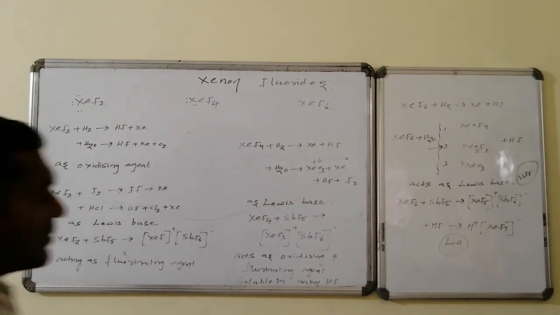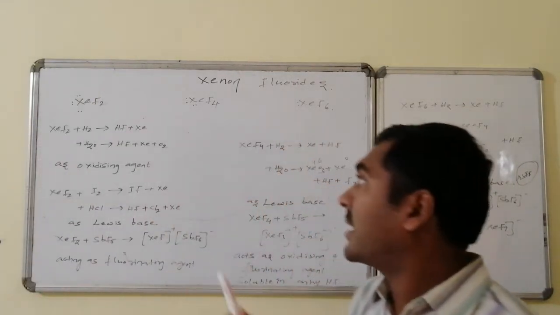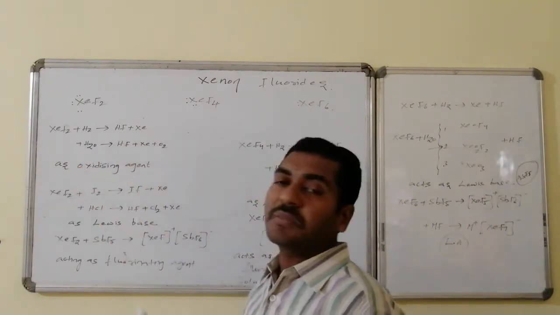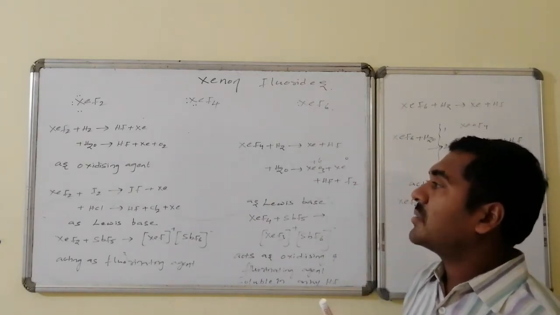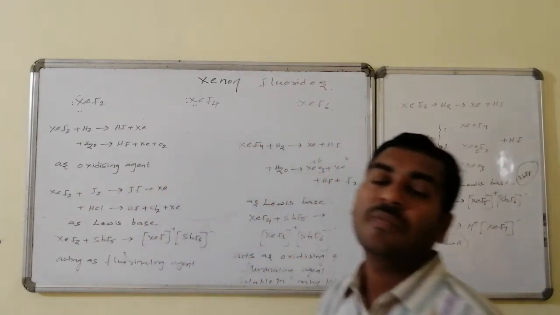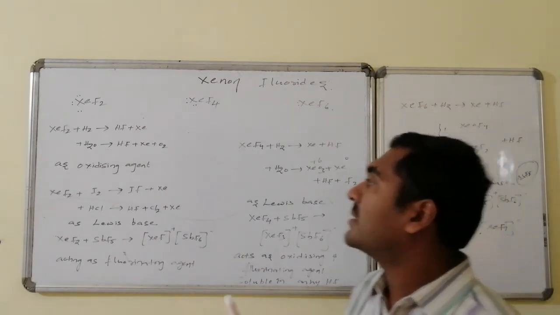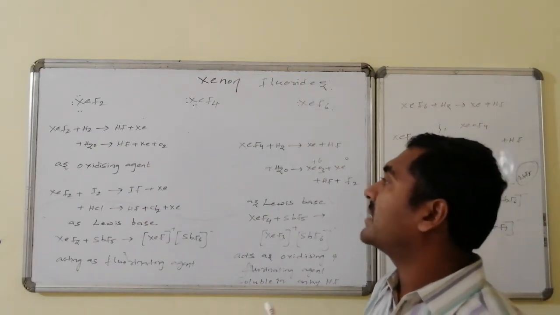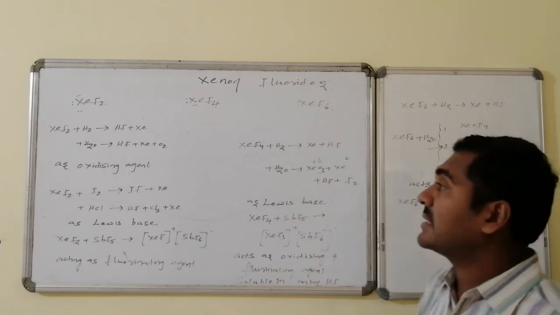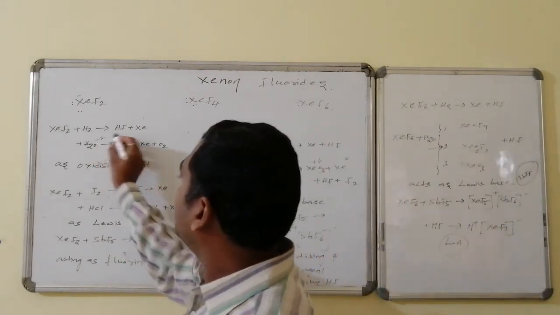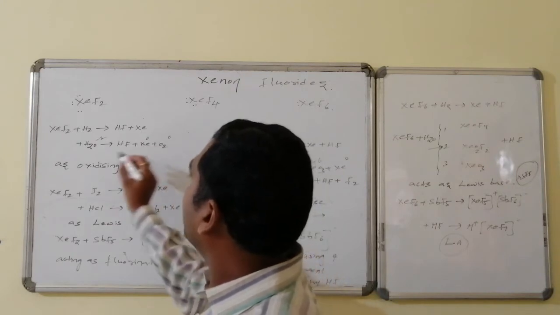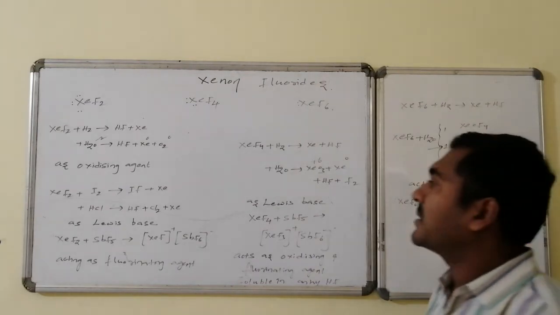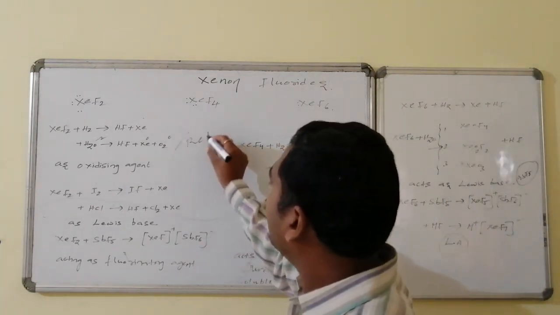Yes, chemical properties of xenon fluorides. Xenon difluoride on reaction with hydrogen is converted to xenon followed by HF. And on reaction with water it undergoes hydrolysis, whereas the more electropositive element in this is H. Fluorine wants to combine with the hydrogen. As a result, xenon undergoes reduction from xenon plus 2 to xenon, followed by HF followed by oxygen liberation. Here oxygen minus 2 is converted to 0 state, whereas xenon plus 2 is converted to 0 state. Hence it is xenon undergoing reduction, oxygen undergoing oxidation, hence this process is a redox reaction.